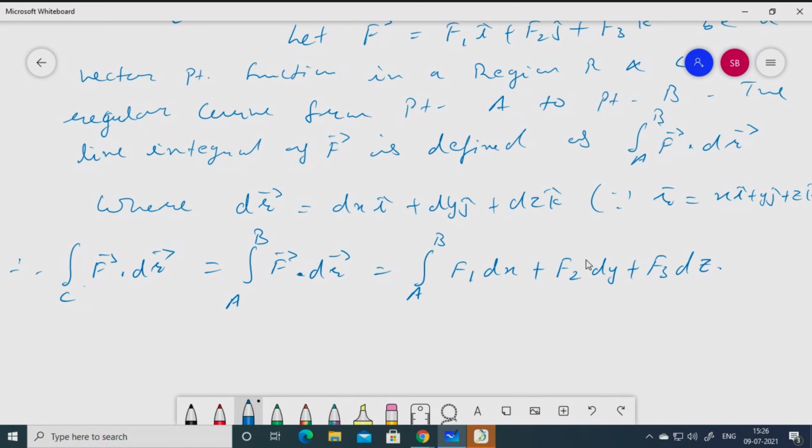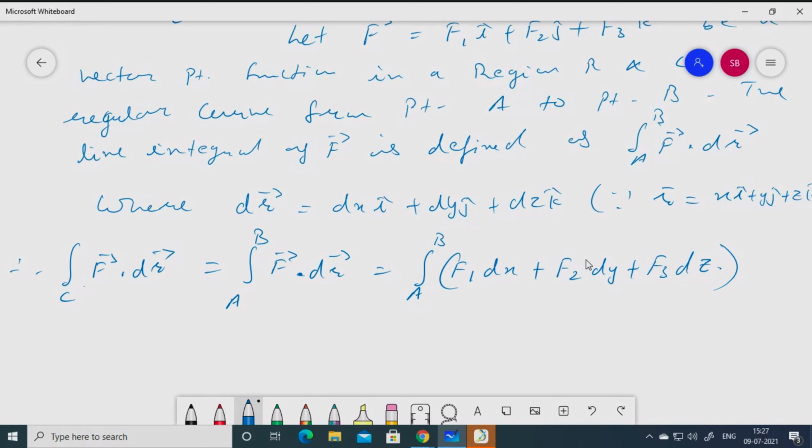Now the question arises, how are you going to integrate it? This whole thing, f1 dx plus f2 dy plus f3 dz, is given. If it was a one variable function, then you can integrate with respect to that variable and substitute the upper and lower limits. That is possible there. But here, how will you apply it? Moreover, these limits A and B are of which variable? How will you find those things? To solve this problem, we'll see how while doing the problems.